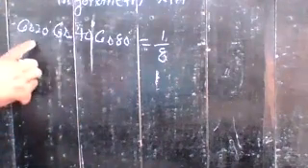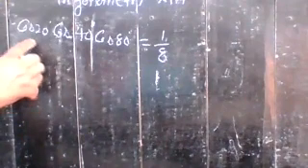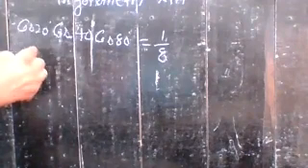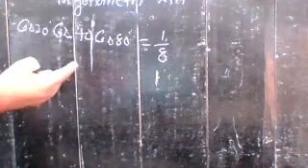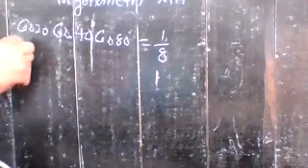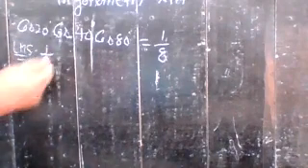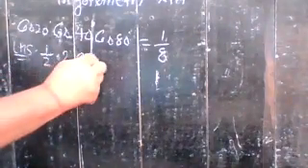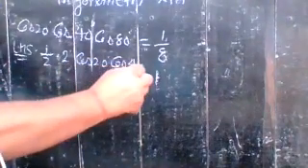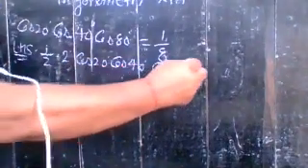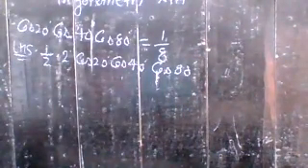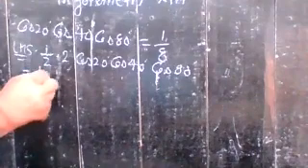So what you do in that case, yes, you take the left side, no doubt. But your identity is 2 cos x cos y, so 2 is required here. Understand? So you multiply and divide by 2 on the left side. You can write 1 by 2 into 2 cos 20, cos 40 and cos 80 degree. So what you have here is 1 by 2.